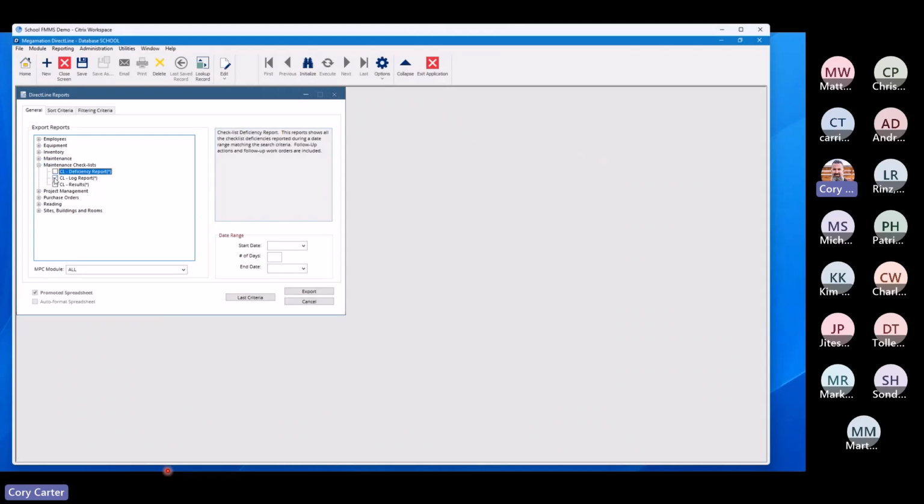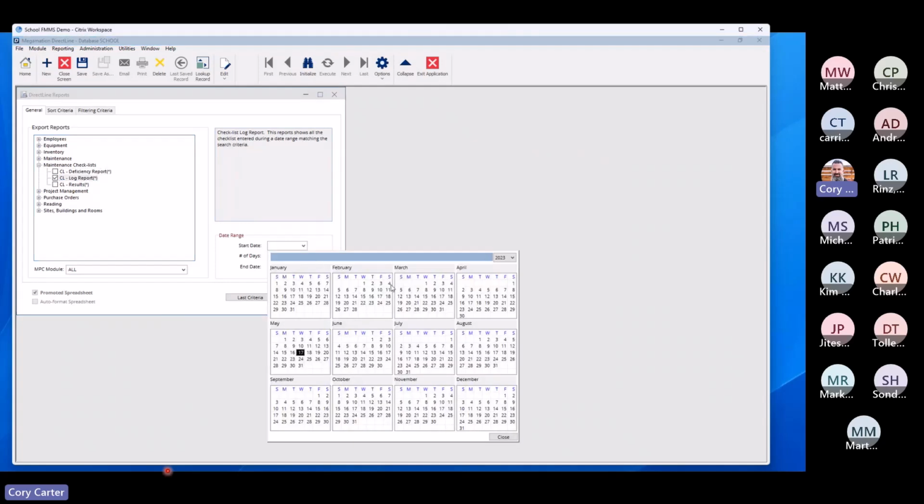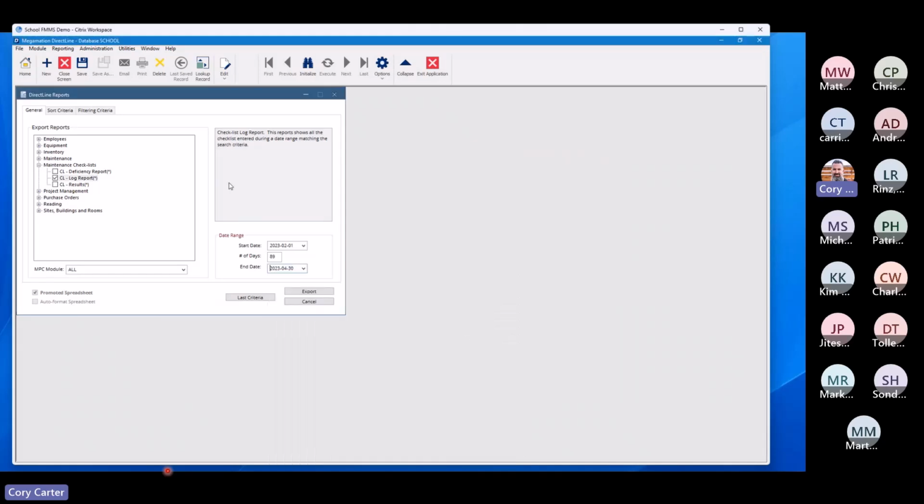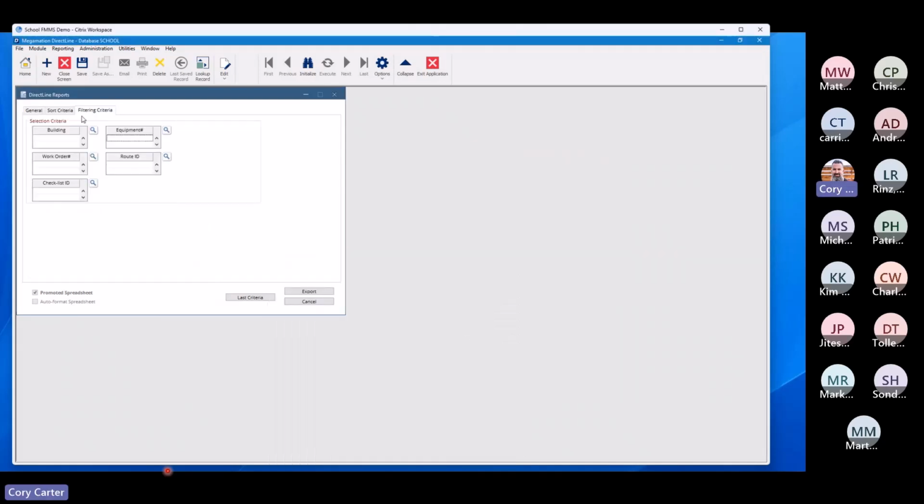We have a checklist log report. What the checklist log report does is it shows us, in PDF form, each checklist that's been filled out. So here, let me show you what that looks like. I'm going to run it for 3 months here, from February 1st to April 30th. I'm going to go to filtering criteria, and I'm going to put in a checklist ID, and I think I wrote down the right one. So for this checklist, for equipment number 002,